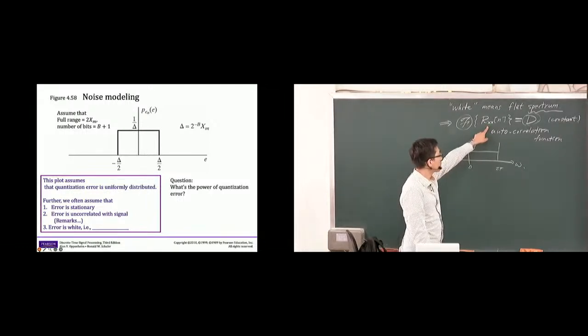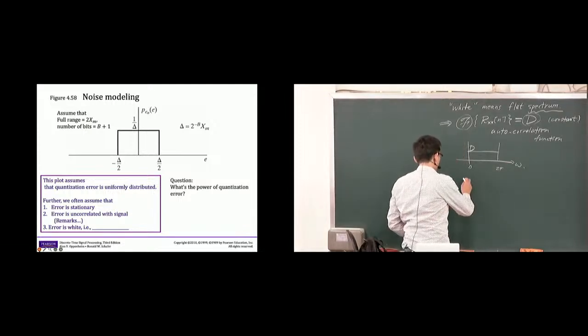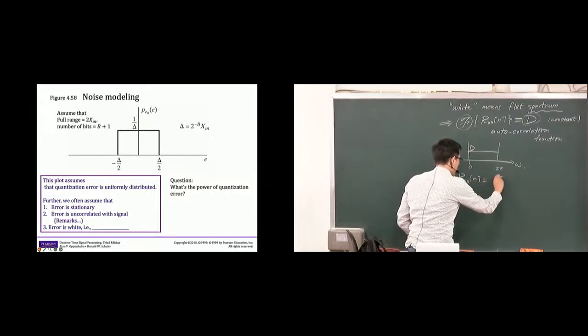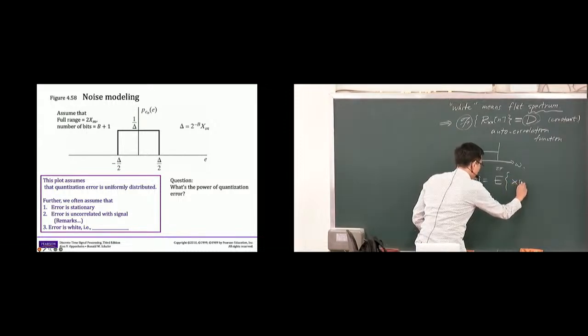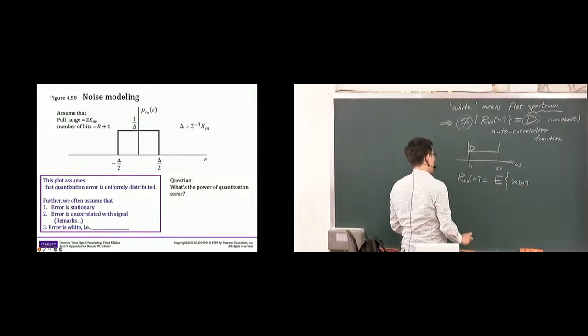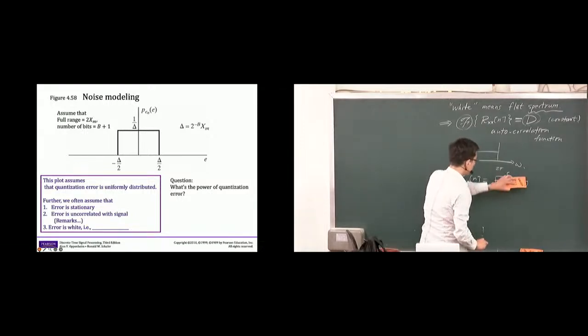Okay. So then we need to define what is the definition of the autocorrelation function. Autocorrelation function of a random process is defined as the expected value of x of n